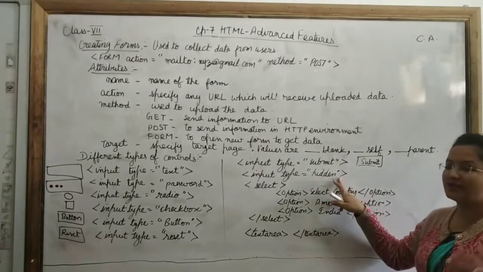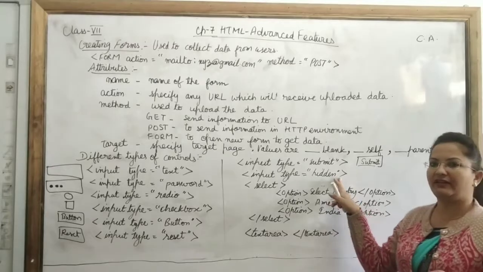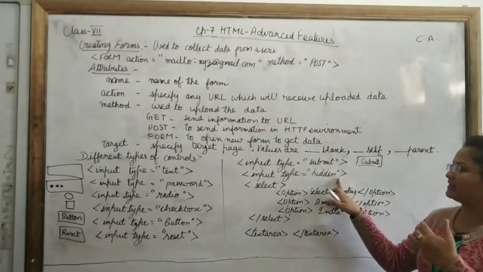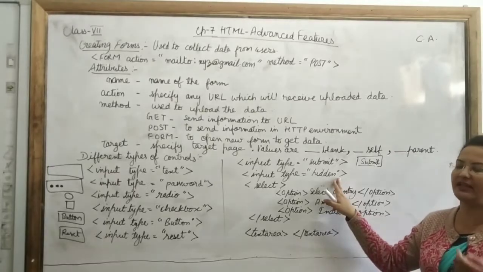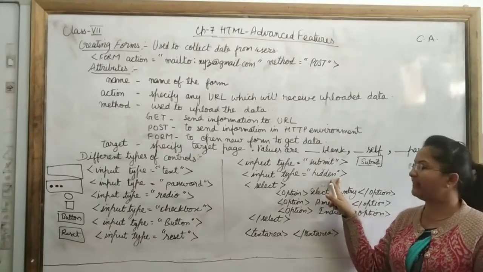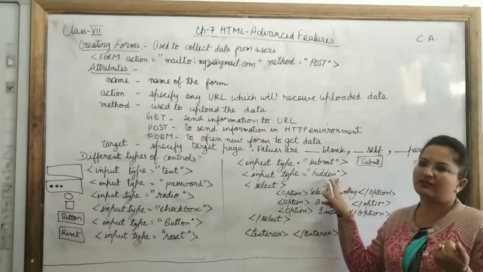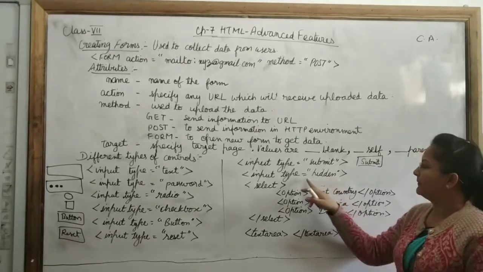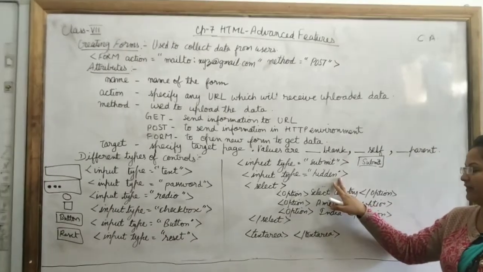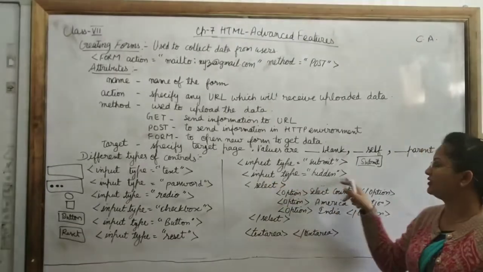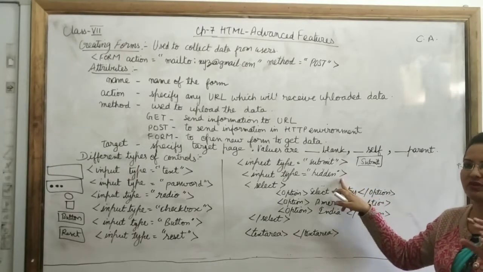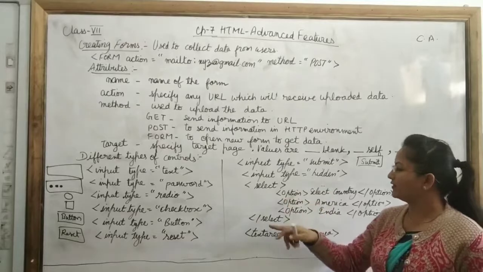Input type hidden. This is a hidden field, a secret field. Like if the other page has received the password in the hidden field, then it can be done. Because the password, you know very well, we have to keep it secret. So we cannot bring the password in the text box. So it is the best way to receive the password in the hidden field. So for that we will use input type hidden. It will not be seen in the web browser. It is just to store the data temporarily on the web page.